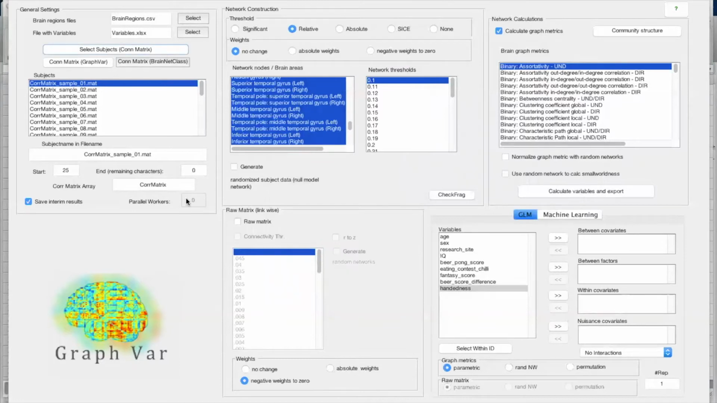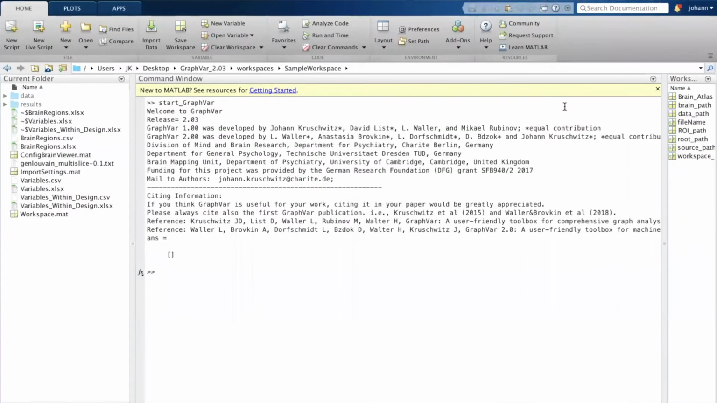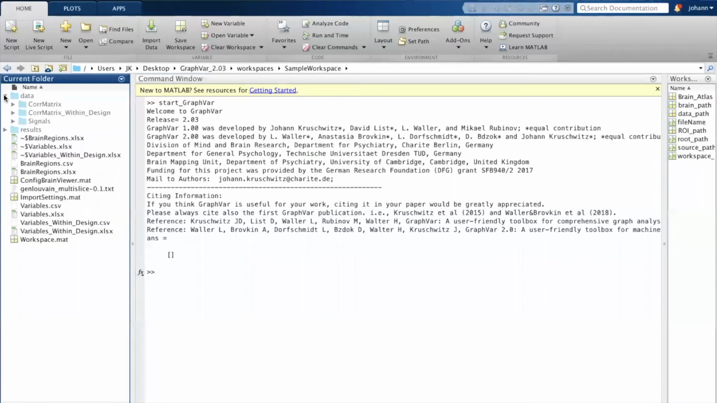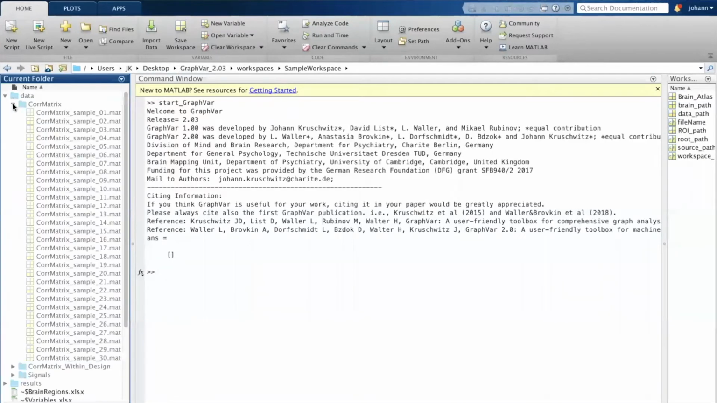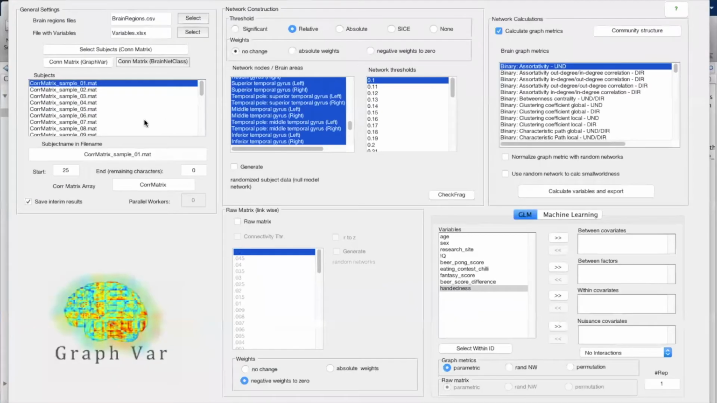And the important thing, and I'm just gonna show you now how this looks like in MATLAB. I go to the data. So this is simultaneously to what I loaded in. This is the correlation matrix. This is the name of the correlation matrix. I gave it core matrix underscore and then the subject name .mat. And this is exactly the name which GraphVar will detect loaded in from the first matrix that you